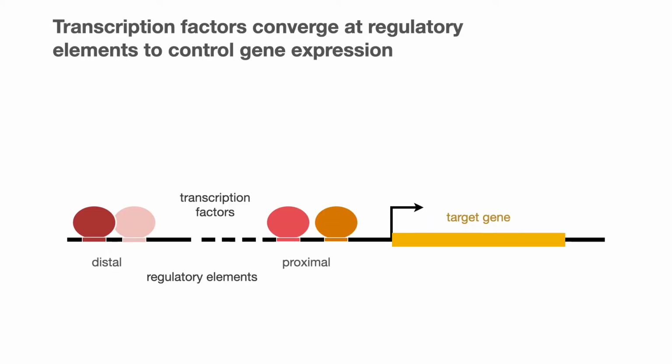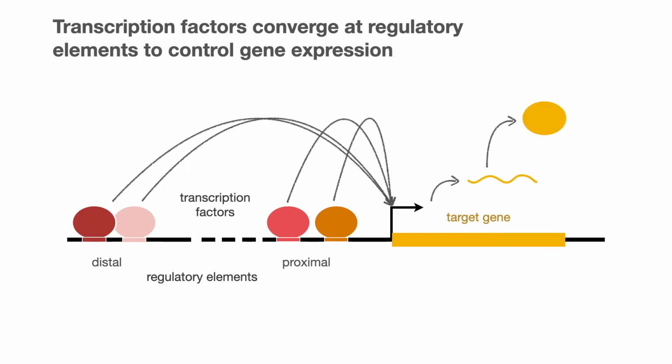At the level of a target gene, this regulation is controlled by regulatory elements, to which transcription factors can bind and then collectively regulate the expression of a target gene, which then gets transcribed and translated. If it is itself a transcription factor, it can also regulate the expression of other genes. This gives us this network character, where different transcription factors can regulate each other and form a circuit.